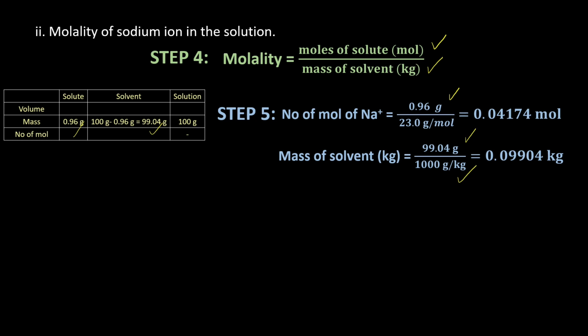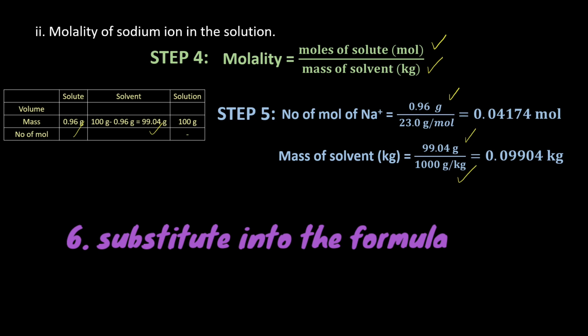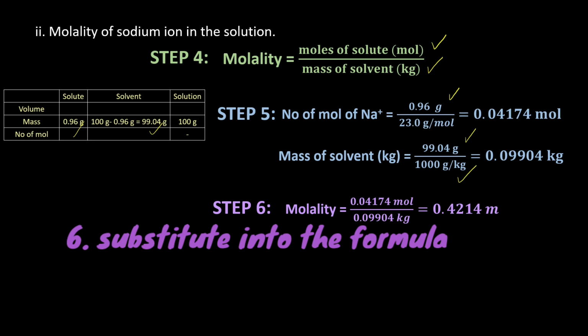Why do we divide it by 1000? It is because 1 kilogram is equal to 1000 grams. Step number 6, we just substitute what we have converted in step number 5 into the formula to get the